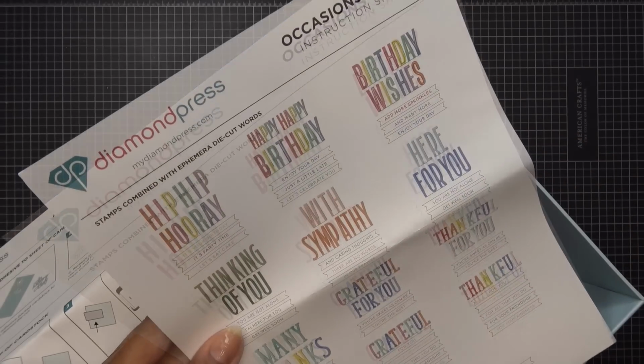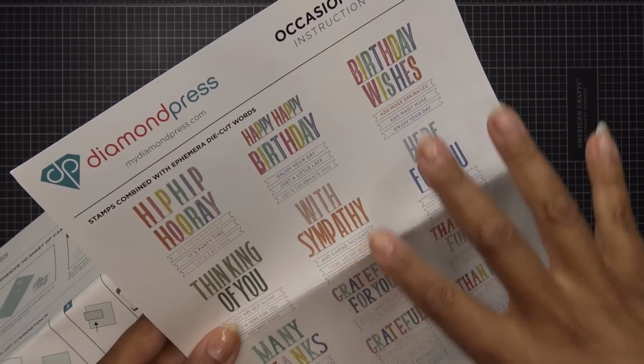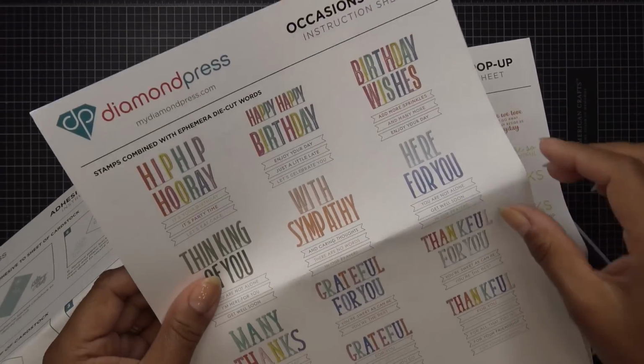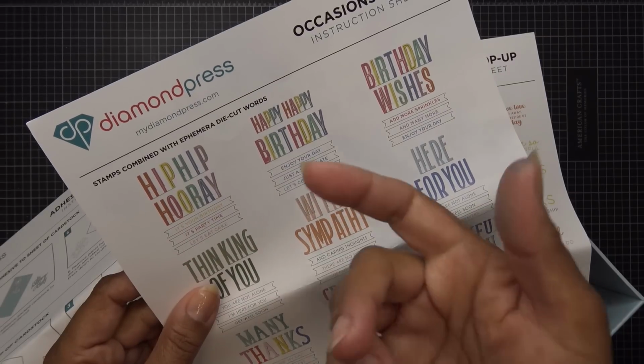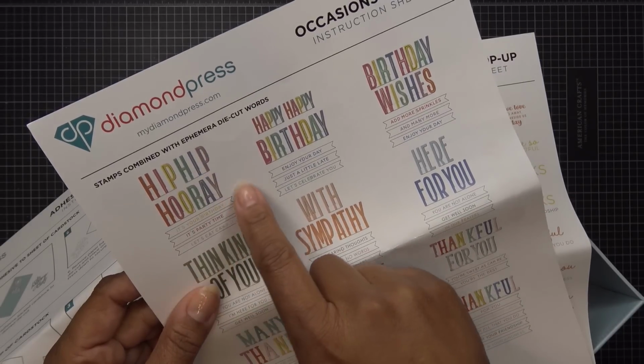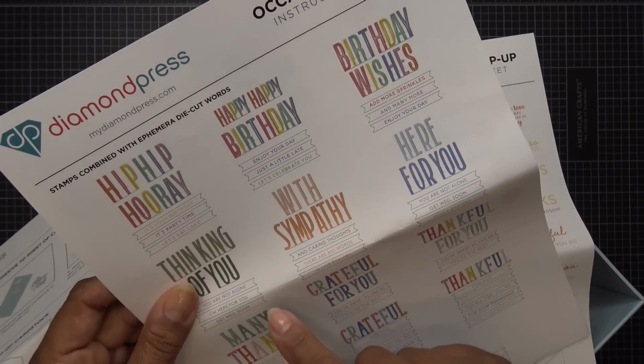On this side, it says that there's the stamps combined with ephemera. So that probably is the front page, actually, because stamps continue to be over here, but that's okay. So some of these things are ephemera, and then some of them are stamped. That's basically what they're telling you. So like hip hip hooray, and then it's your birthday, or hip hip hooray, it's party time, with sympathy and caring